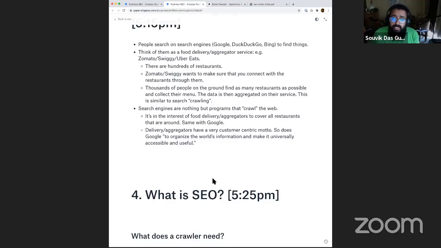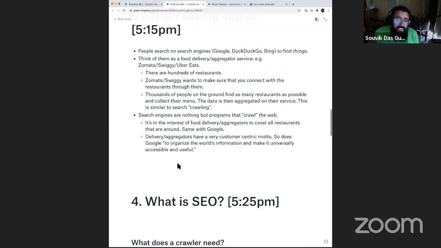What we want to do is, if Google has a focus on something, then Google should be able to facilitate it. If I take back the food analogy, if I say that I want to make myself optimized for Zomato or Swiggy or something like that, I would make sure that my menu cards are well printed and well structured. I have a board outside my restaurant so that a person who's going by on a two-wheeler is able to spot my restaurant and quickly reach it. You know that they are looking for you, and you help them reach you faster. That's broadly what you're trying to do as a part of search engine optimization.